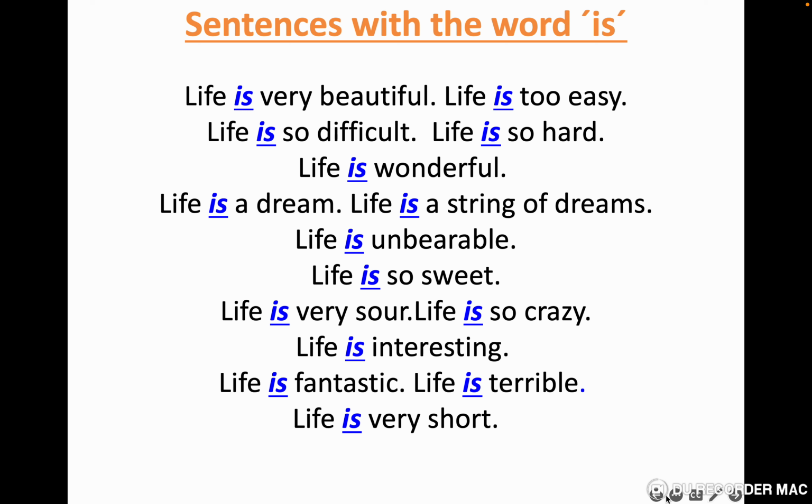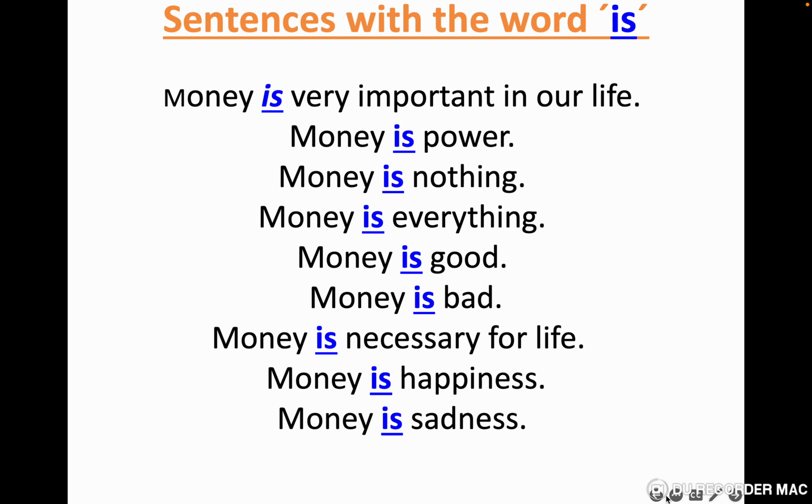So the first thing I want the students to know is to make sentences with the verb to be, with is and are. And later on, with the progress of lessons, we are going to make them with other verbs. So today is just with the verb to be, is and are. Let's go to the next slide.